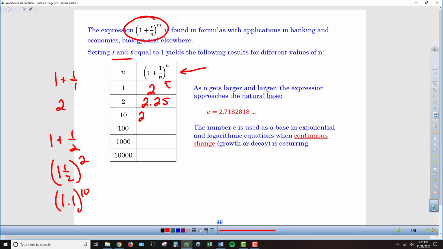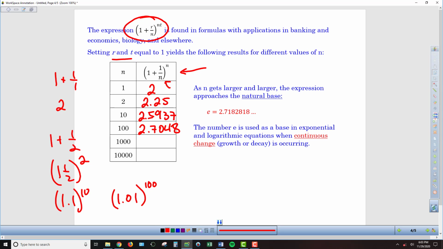You're going to get 2.5937, and there's more digits after that. I'm just going to round off to the 10,000th place. If we plug in 100, we're now looking at 1.01, so 1 plus 1 over 100, to the 100th power. So again, you can see this pattern of the base is getting smaller, but the exponent is getting larger. So our answer creeps up now to